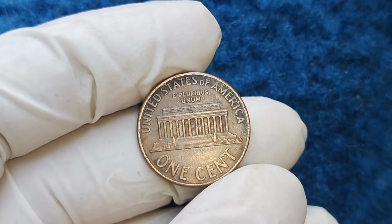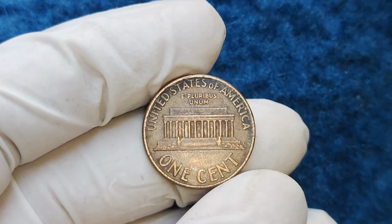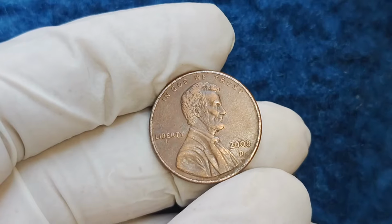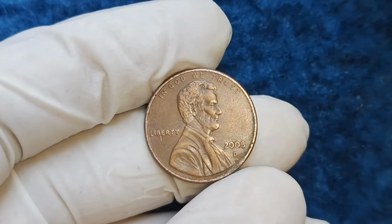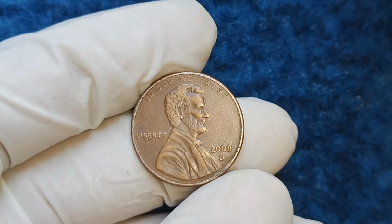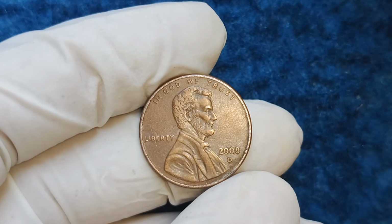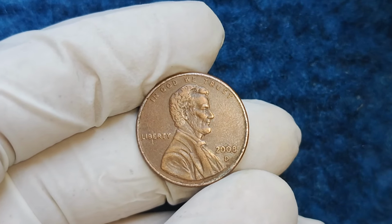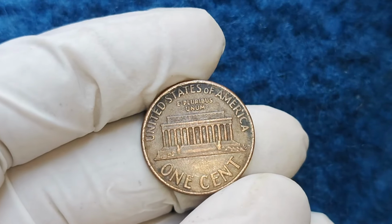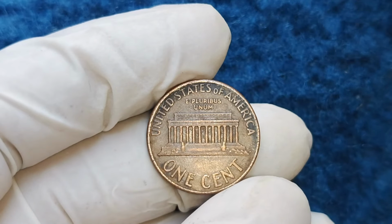If you see weird raised bumps or cracks on the penny, it might be from a damaged die. These flaws make the coin one of a kind, and collectors go crazy for them. Now, you might be wondering, okay, but how many of these million-dollar pennies are actually out there? Well, the US Mint produced billions of pennies in 2008, but only a tiny fraction have these rare errors. That's why finding one is like winning the lottery, except you don't have to buy a ticket, just check your